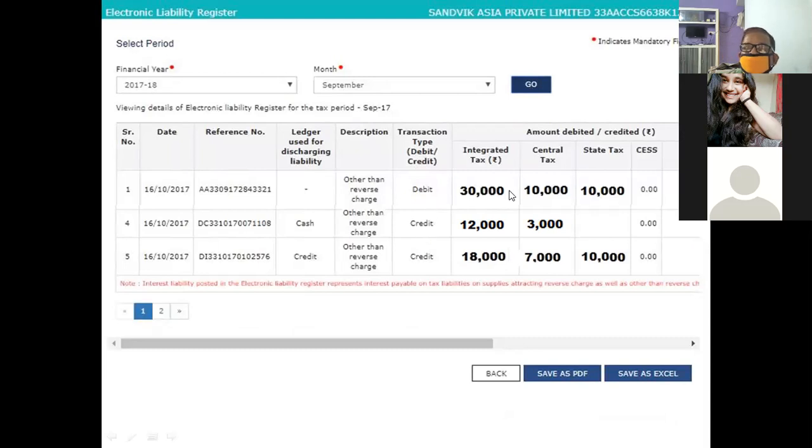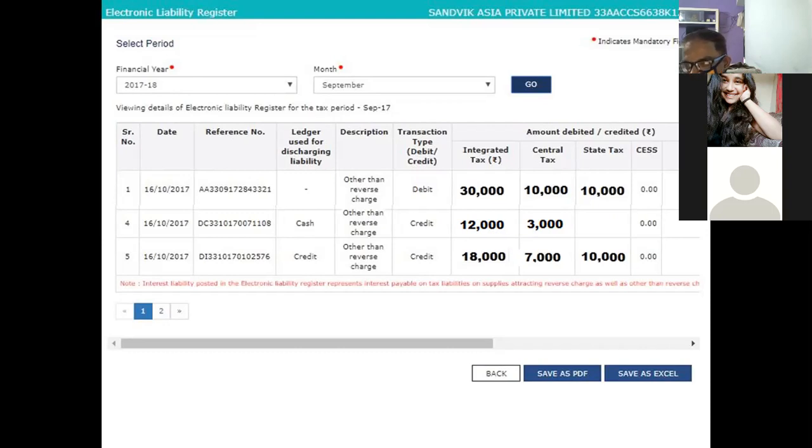In debit you have IGST 30,000, CGST 10,000, SGST 10,000. This is the credit column, 12,000, 3,000. By default it is shown this way. You need not prepare the ledgers here. This is by default. So you will find these three types of e-ledgers.